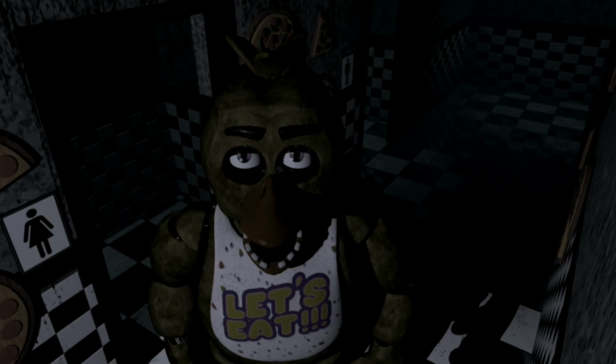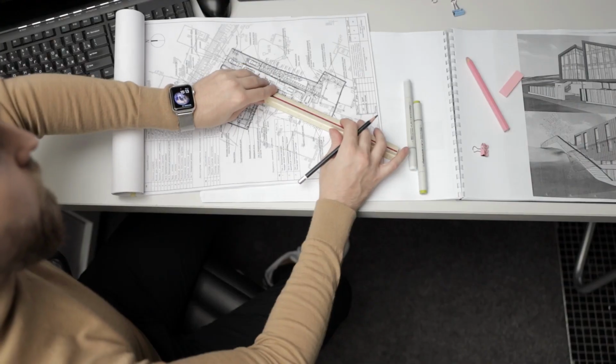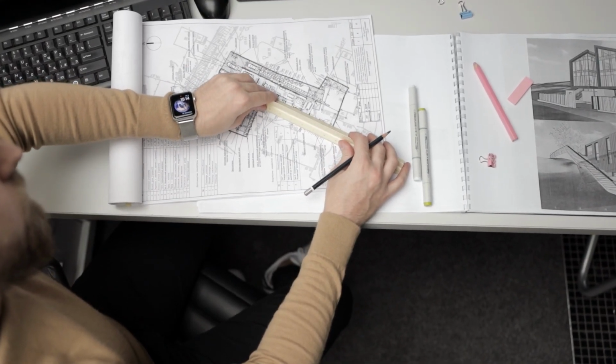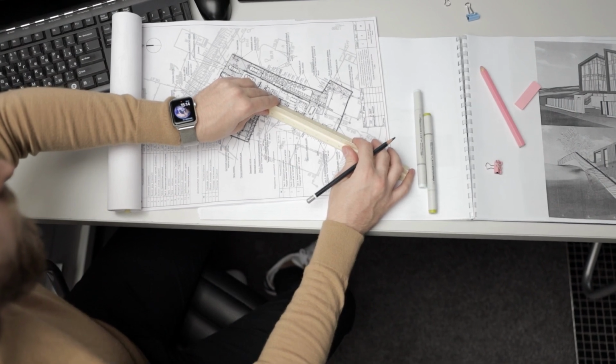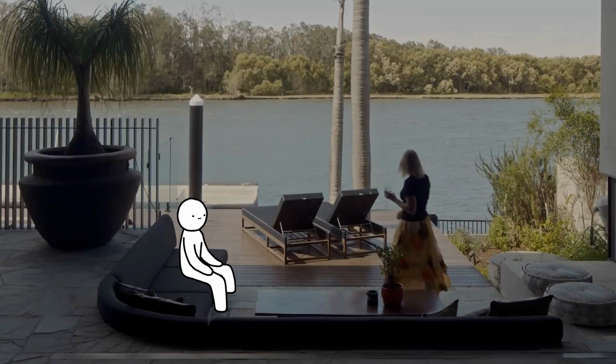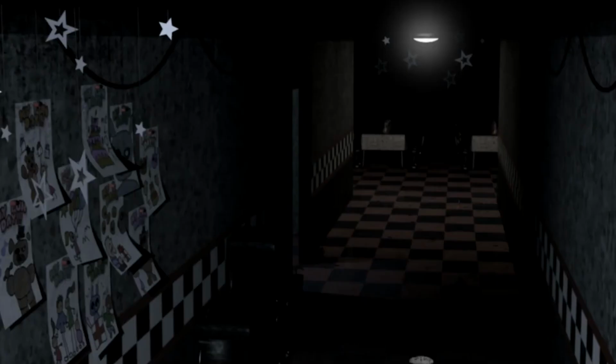Another method featured in this floor plan is the feeling of anticipation. A lot of architects design around anticipation. It's an excellent way of creating suspense before a climax, such as going through a long hallway and having the reward of a nice view at the end. However, the Five Nights at Freddy's games distorts this by using long hallways to instead heighten the player's anxiety as